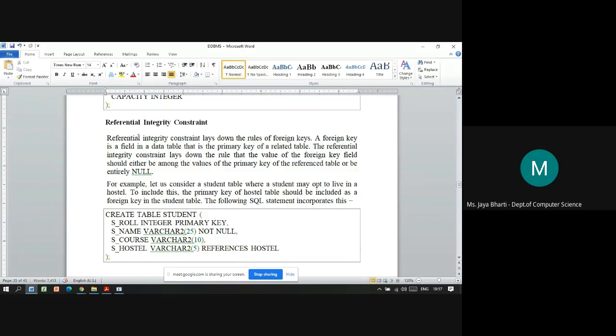But now suppose you are using that same attribute in some other table to connect it logically, say in the department table you are using the attribute EMP ID. There that particular attribute will behave as a foreign key. So in the EMP table EMP ID is the primary key, and in the department table EMP ID is considered a foreign key.